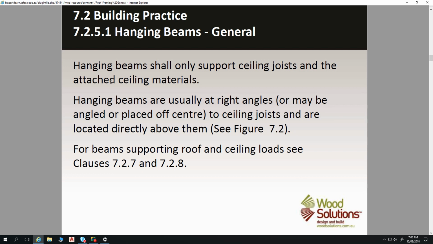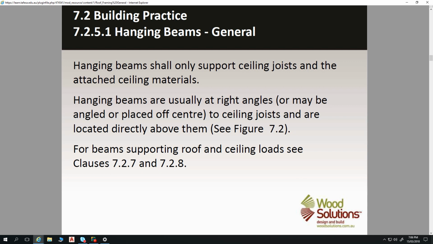So I've got a short room like that, and I've got a doorway happening here, and let's say a doorway happening there. Now, I want to run my hanging beam as close to that centre line as I can, but I've got this doorway happening here. What I'll do is I'll run the hanging beam from there straight to right next to that door there, but